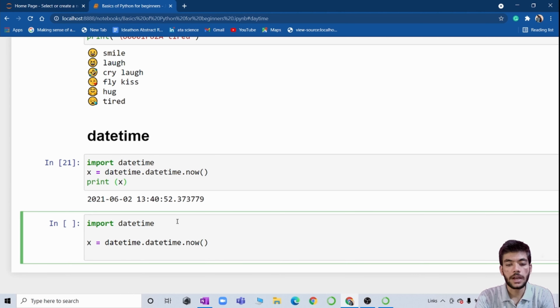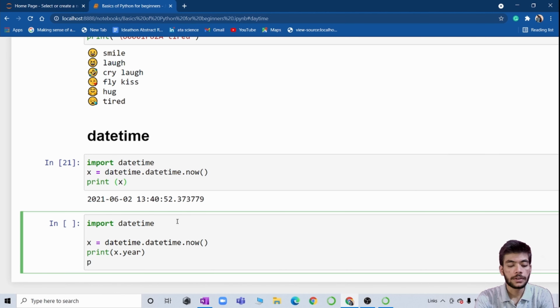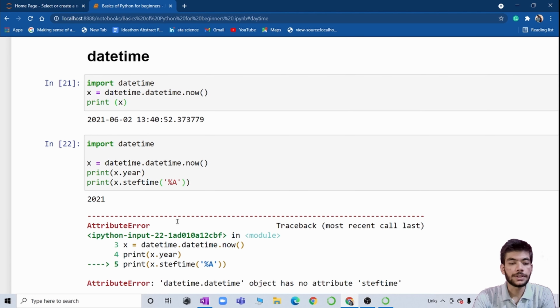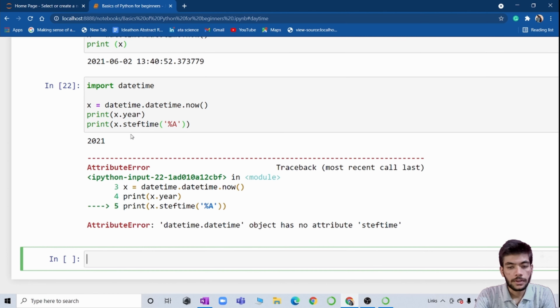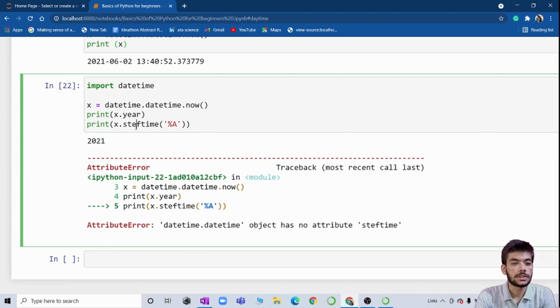For this instance, I want to print year, that is x.year, and again I want to print x.strftime with %a in double quotes.